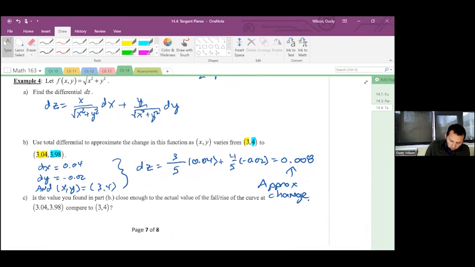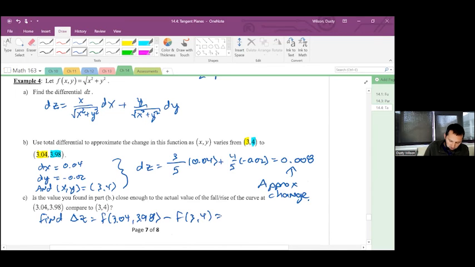So here, what we want to do is find the actual change, delta Z. Ooh, that's a scary looking delta. Delta Z, which will be equal to f of (3.04, 3.98) minus f of (3, 4),